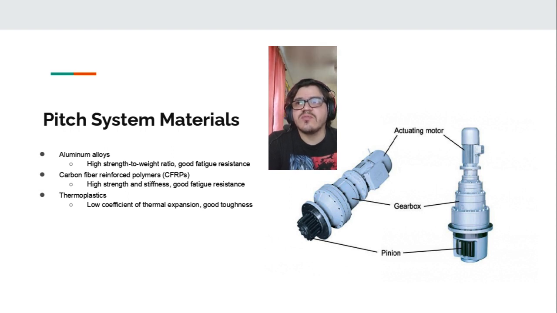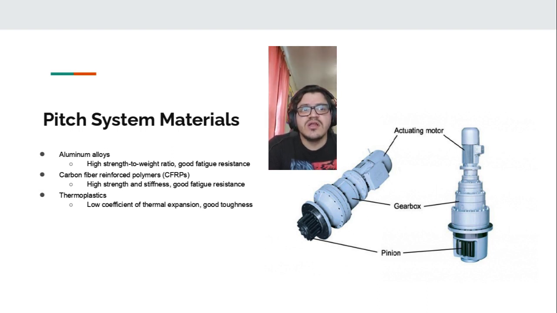Aluminum and carbon fiber reinforced polymers are good for the pitch system due to their high strength and stiffness to weight ratio. Both of them are also very resistant to cyclic loading over time. When talking about the thermoplastic, they were chosen because they have a low coefficient of thermal expansion, which allows them to maintain their shape and dimensions over a wider range of temperature. They also have a good toughness, which is important for components that may be subjected to impact or some other